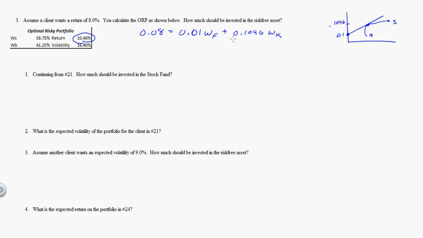So we've determined that, and I also know the weight in the risk-free plus the weight in the risky has to equal 1. That means when I solve for this, WF is equal to 26.02%. When I multiply that number by 10 million, it means